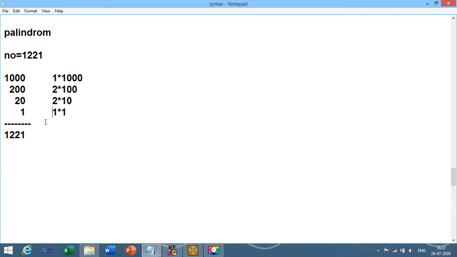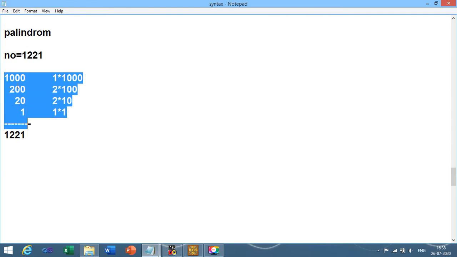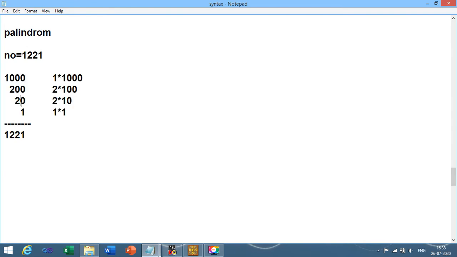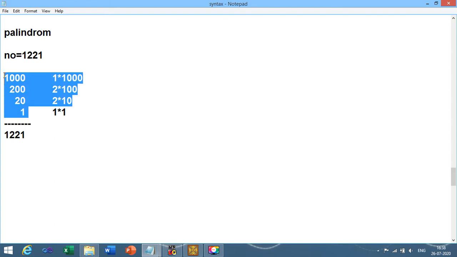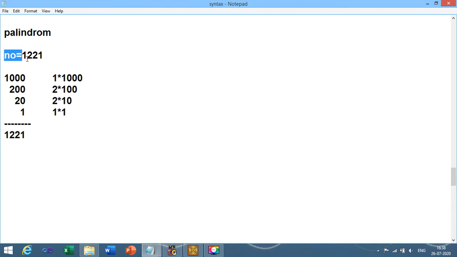I am going to simplify the logic over here so that we can easily understand the code from the given program. I have taken one number, that is 1221, and separated each number. You can write this number in this form also, 1000, 200, 20 and 1. After you perform addition of all these four numbers, it forms the same number which is entered by us. So this is the first logic.